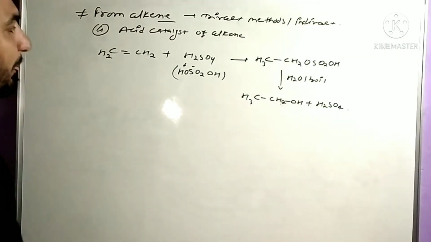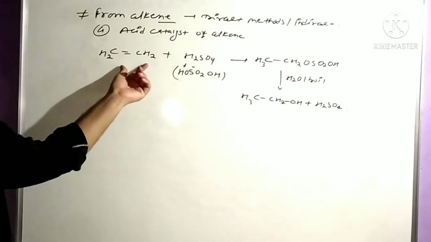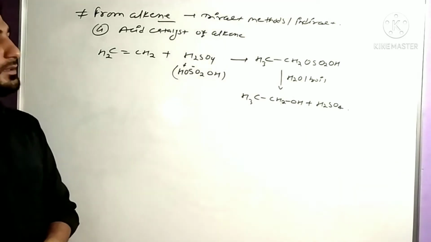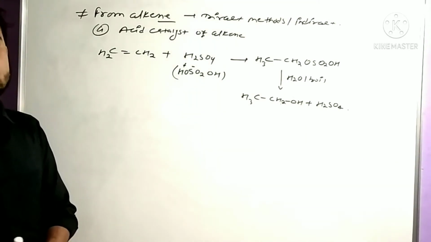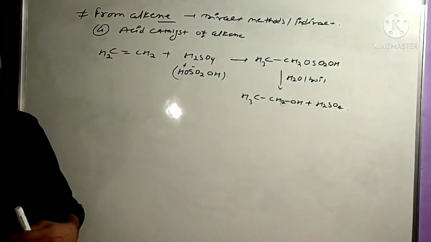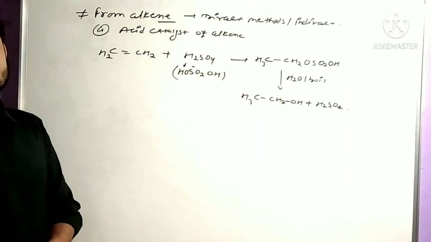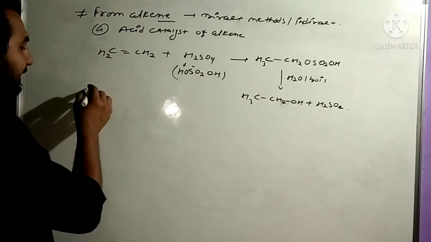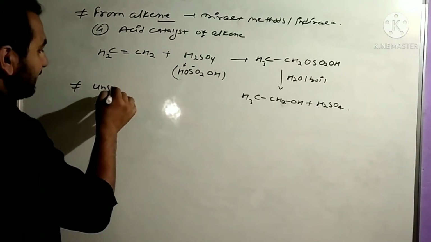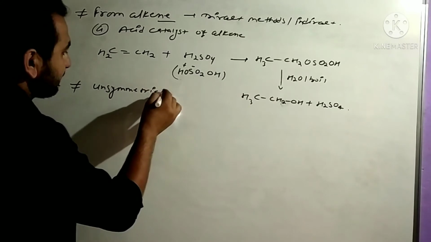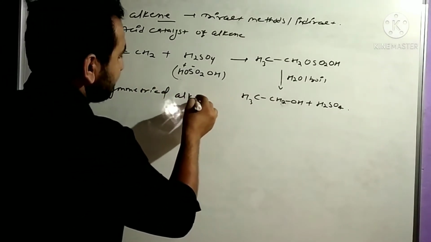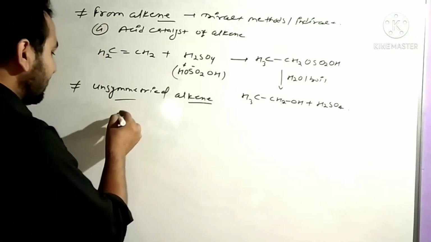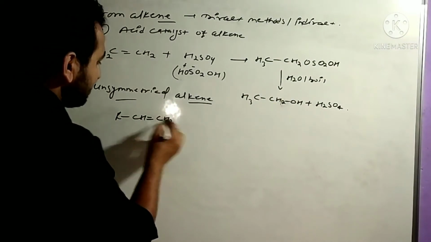So here you are saying that this is called the symmetrical alkene. But when you have the unsymmetrical alkene, we know that your process will be totally different. That means whenever you have alkene, it will go under Markovnikov addition and anti-Markovnikov addition. Clear? So here see, suppose you have an unsymmetrical alkene, RCH double bond CH2.